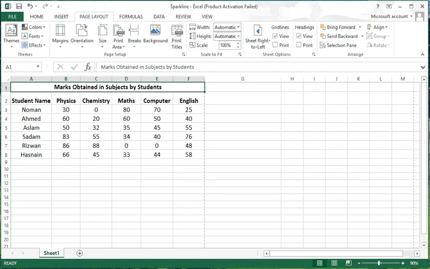So this is about the page break and preview. How you can break the page and preview it, how many pages are available, and on how many pages the data will be printed, and whether that is right or not. If you want to add more settings, you can do that manually.